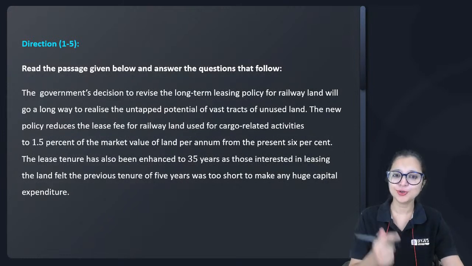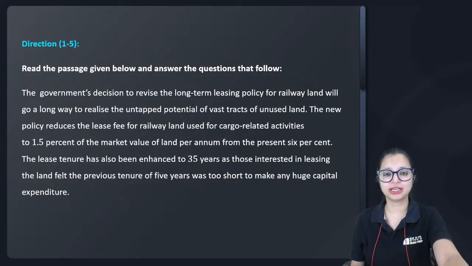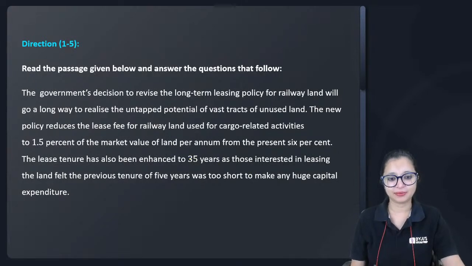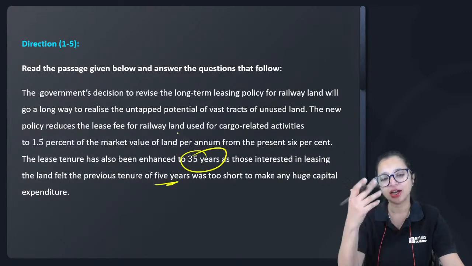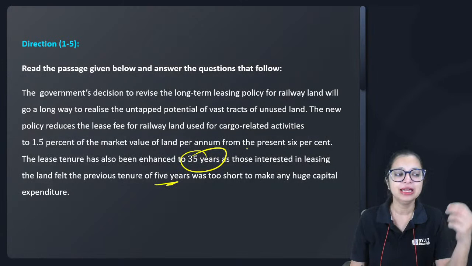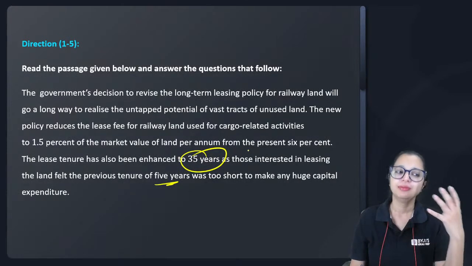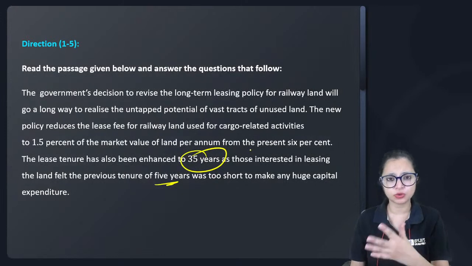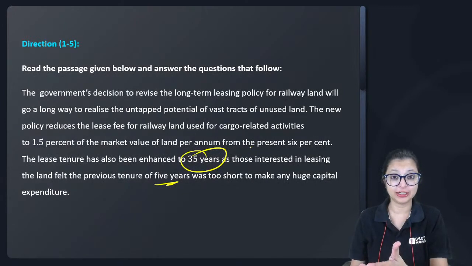स्पेयर लैंड है, उसको यूज करो। अब उसको यूज करने के लिए, there's of course a few claims the author made here, कि उन्होंने इंक्रीज कर दिया, जो लीज का टेन्योर था पहले 5 इयर्स, उन्होंने इसको इंक्रीज करके 35 इयर्स का दे दिया है, सो दैट वो जो लैंड अवेलेबल है रेलवेज के पास वो उसको लीज आउट कर सके किसी थर्ड पार्टी को, जहां बिजनेस वर्क भी चल सके, रेलवेज खुद भी उसको यूटिलाइज कर सकता है कुछ वेयर हाउस क्रिएट करने के लिए, फिर उसको थर्ड पार्टी को रेंट आउट कर सकता है,